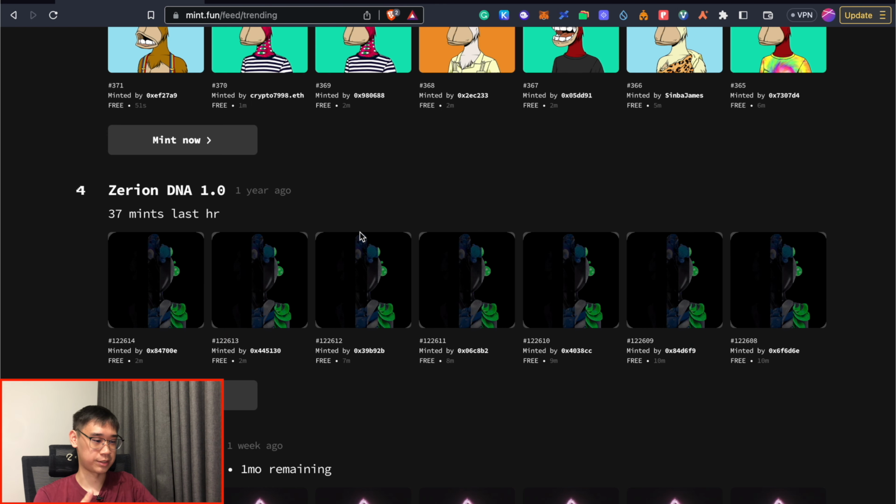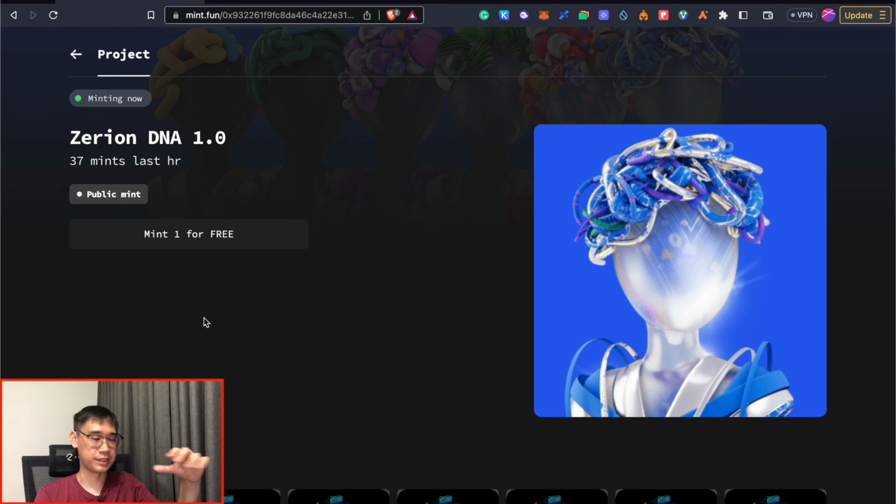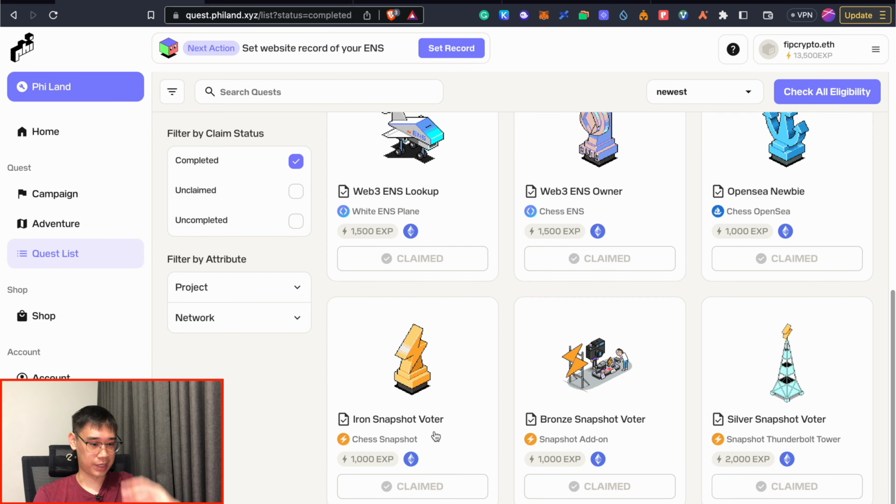One of the easiest ways to mint this NFT is by going to mint.fun, and you'll be able to mint this DNA for free. But the only thing is that you need to pay some gas fees in Ethereum to process the transaction. Some of the other quests that I've completed so far are the quests on